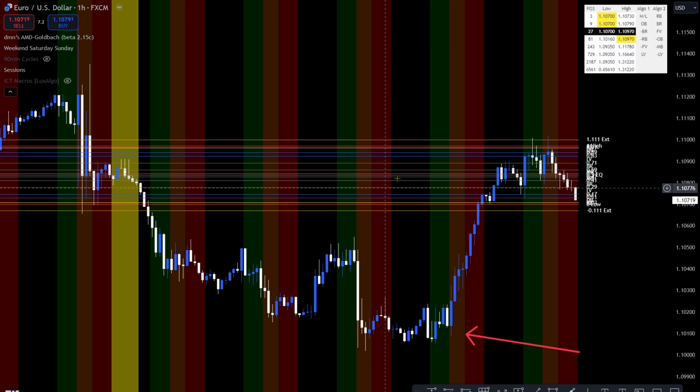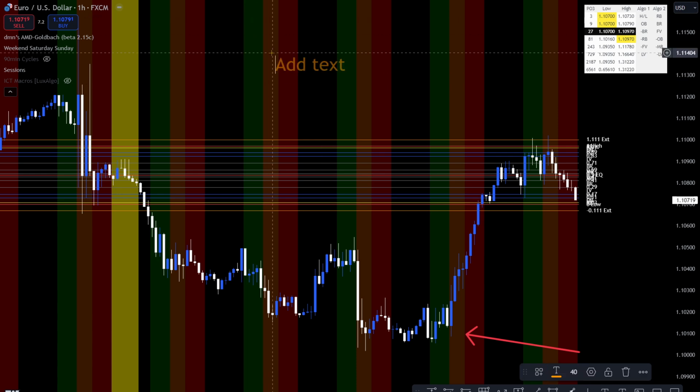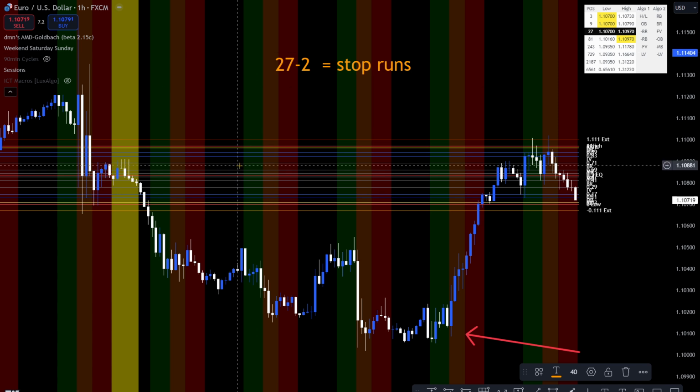So when you're looking at the 27, right? And again, we talk about the lower PO3s. I'll write this on the screen for what I'm talking about. When you're looking at a 27, now PO3 -2 is when we talk about stop runs. Okay. Do you see how obviously